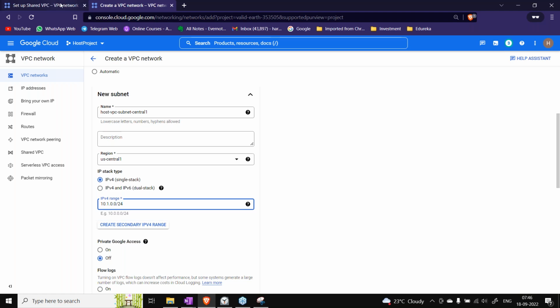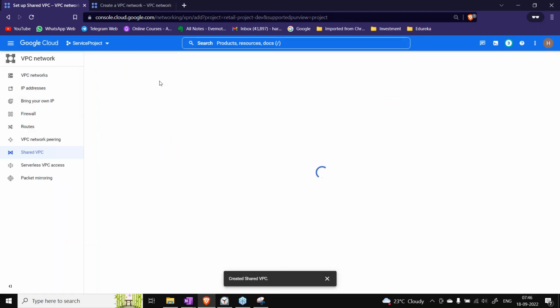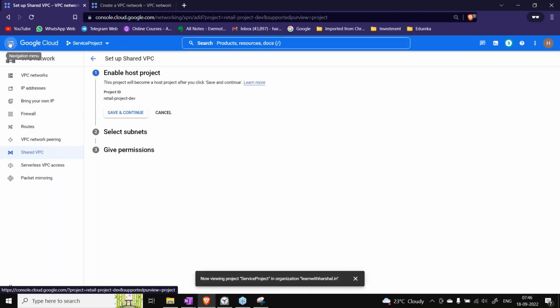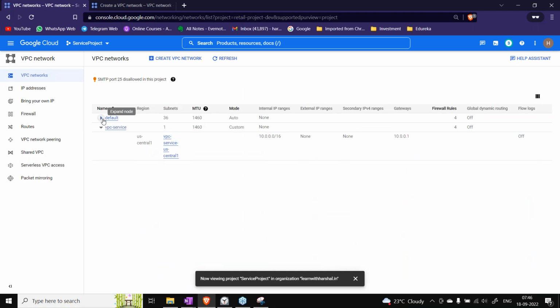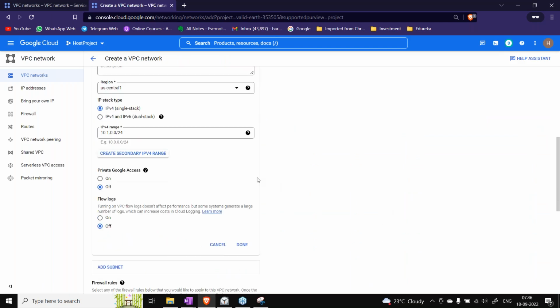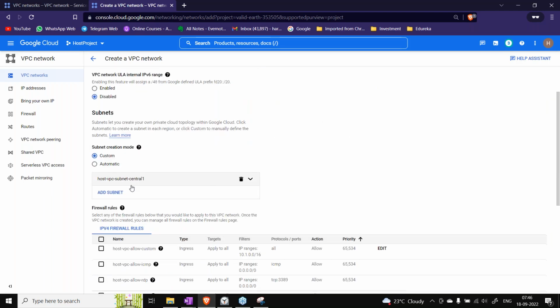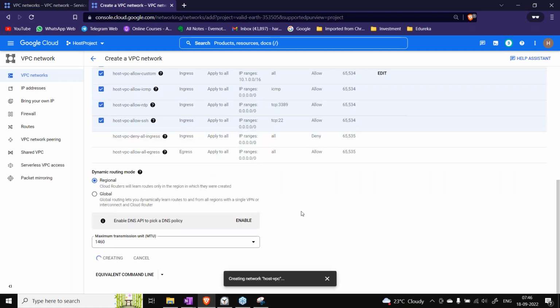It should not conflict with my service project's VPC range, right? Because we are going to share them. So once again, this IP range should not be conflicting. Okay, that's fine. I can make it bigger also, that's fine. Then I can select all of the firewall rules and then let's say create.